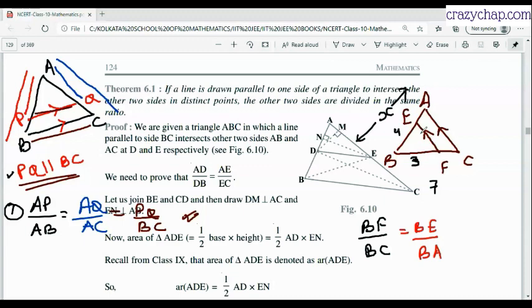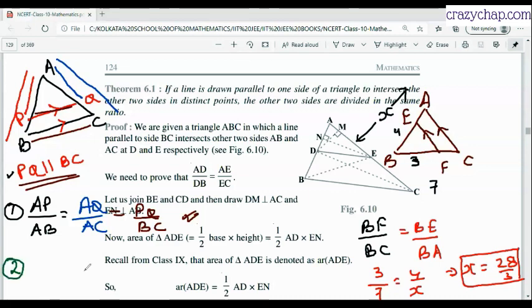Okay, so filling up the information, BF is what? 3, and BC is 7, and BE is what? 4, and upon that X. Solving for that, the X value is 28 over 3. I hope you know the basic calculation. Yes, sir. No problem, fine. So this example I gave you for point number 1. Similarly, under the same condition, we can talk about the second point. The second point is also equally important. Let me erase the calculation here.